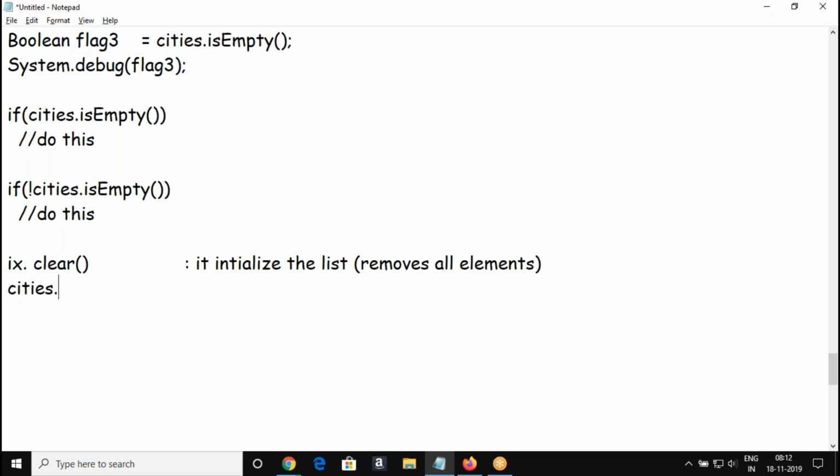So if you execute this, what will happen? Every element will be removed.